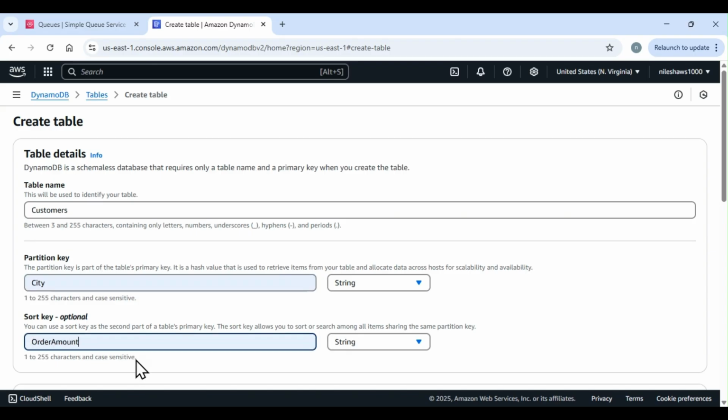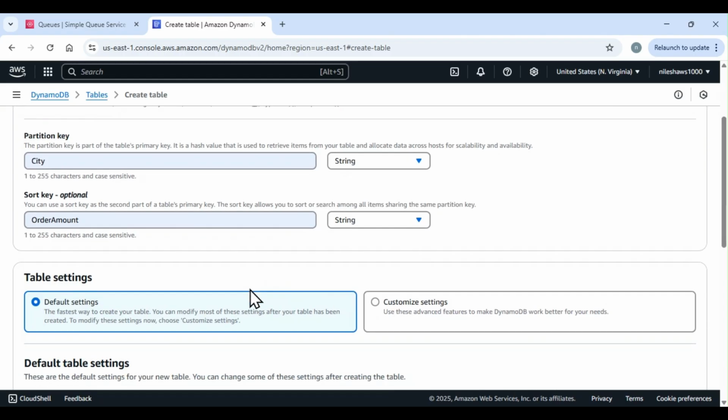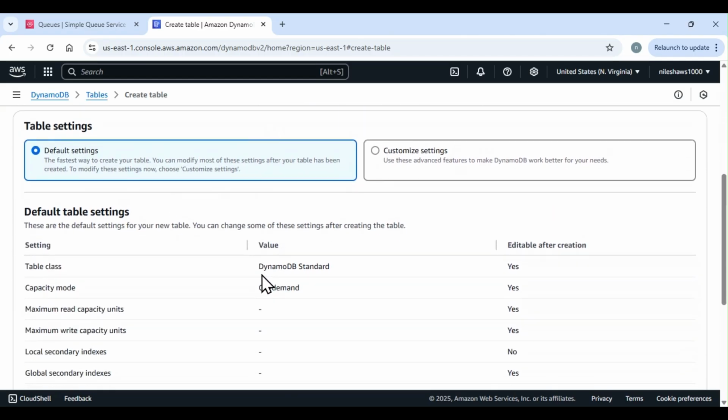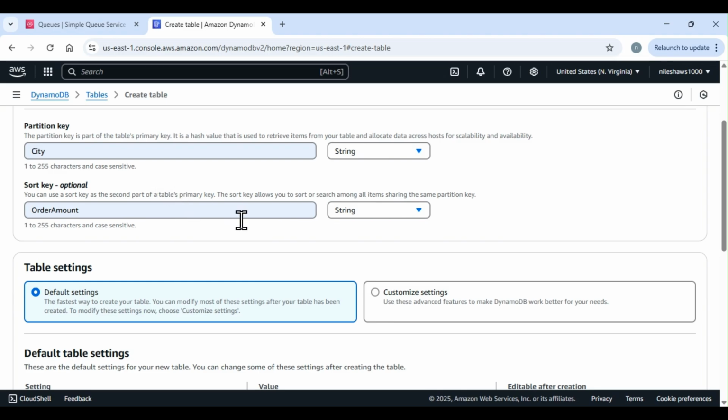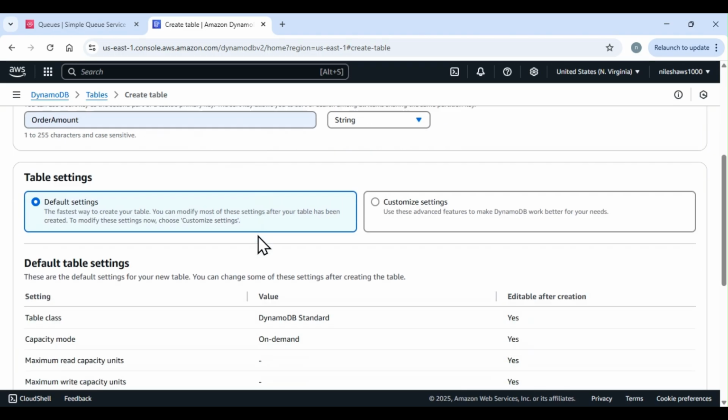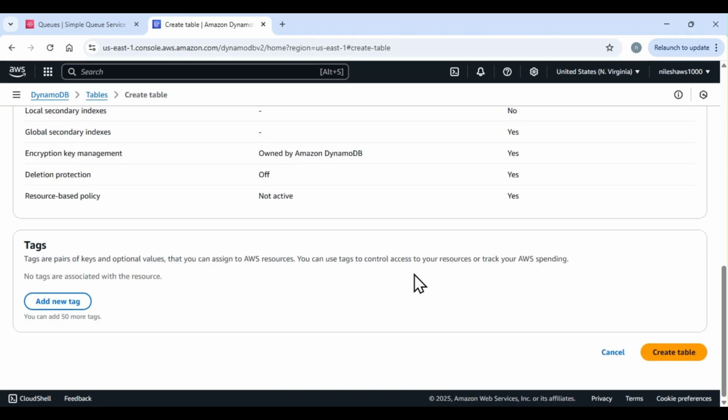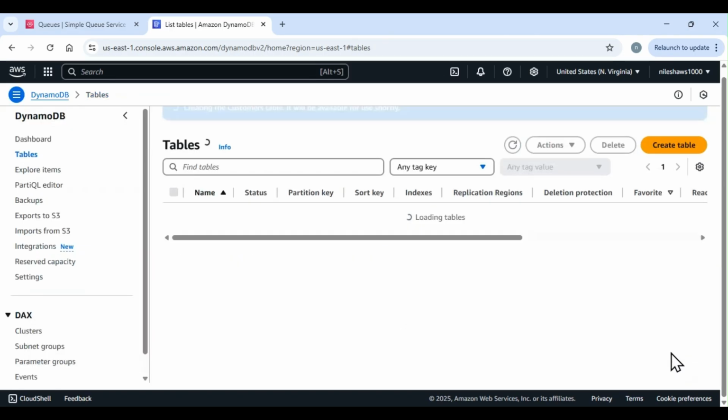So let's just say order amount, and this is string, so I'll just say string for now. And then we'll have all other settings to be default. So that's all it is needed. It will store unstructured, and then you can add fields as needed. So the table gets created this way,